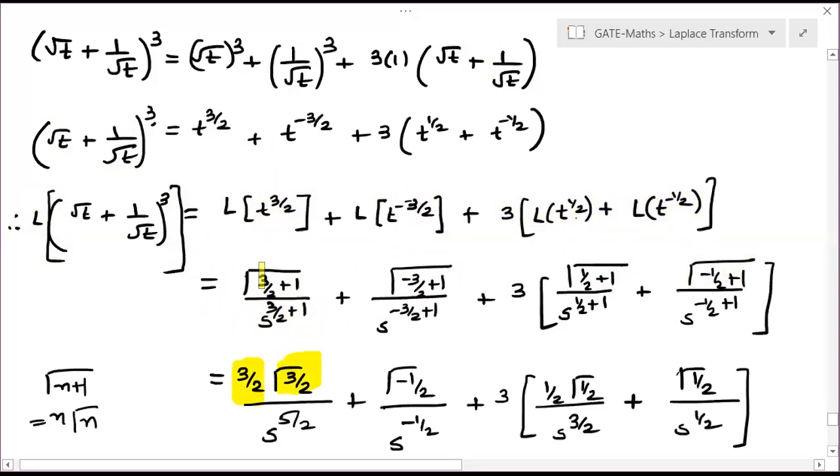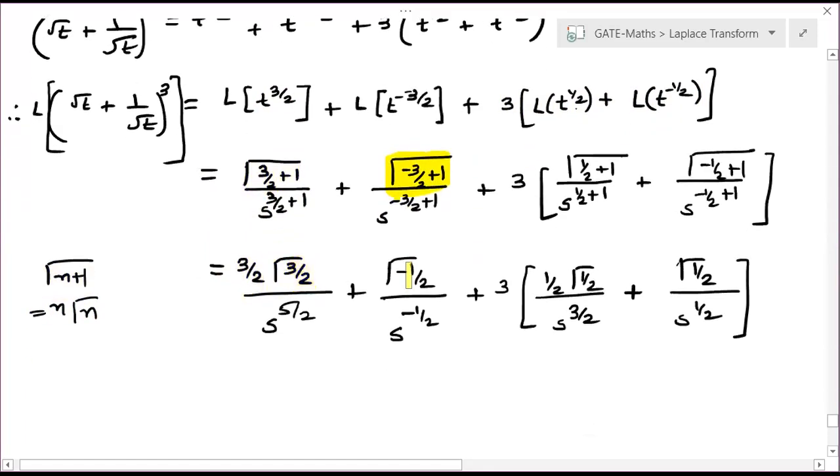Why can this be written as 3 by 2 gamma 3 by 2? Because of this formula: gamma n plus 1 is n gamma n. Here our n is 3 by 2, so this can be written as 3 by 2 gamma 3 by 2. In the same way here, but since gamma of a negative is not defined, first we will write 1 minus 3 by 2 as gamma minus half. In the next step, I will write that this is not defined. Now gamma 1 plus half is 1 half gamma half, and gamma 1 minus half is gamma half.